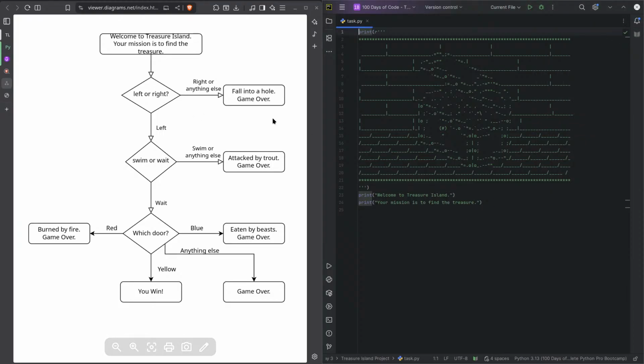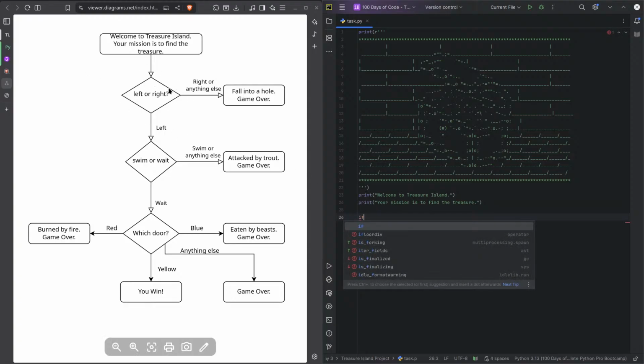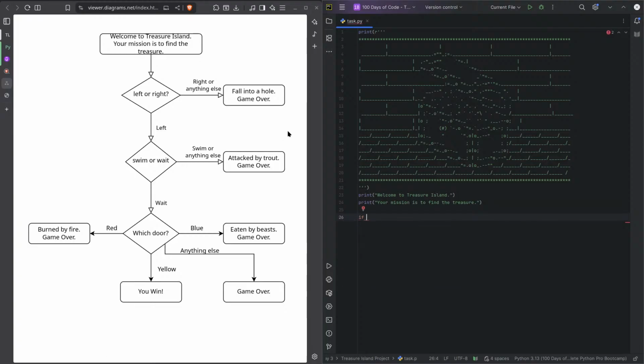So we already have these print statements written, very easy. So we're gonna make our first if statement to capture if the user chooses right or left. Okay, so we're gonna make one variable and we're gonna call